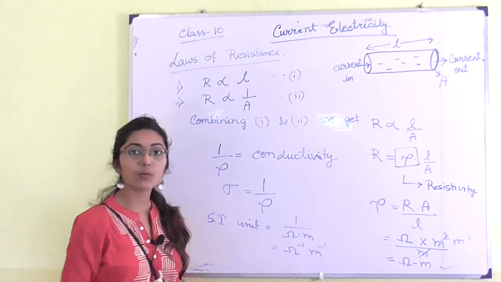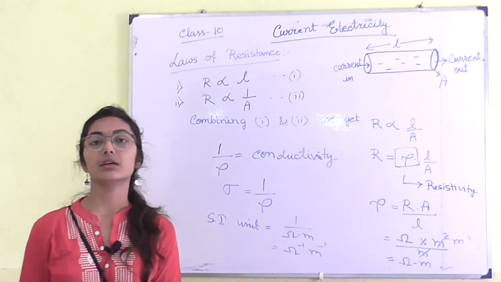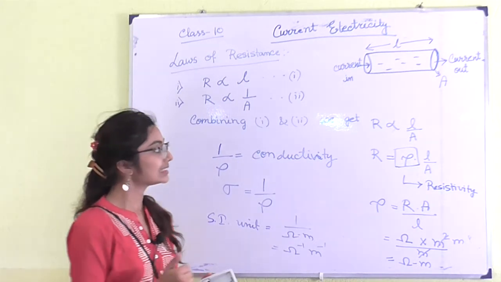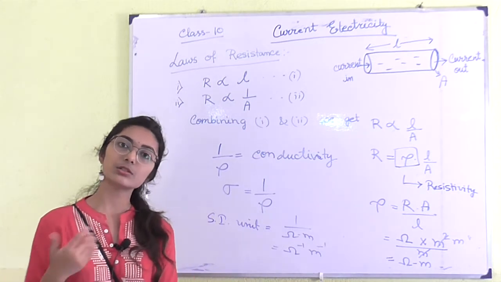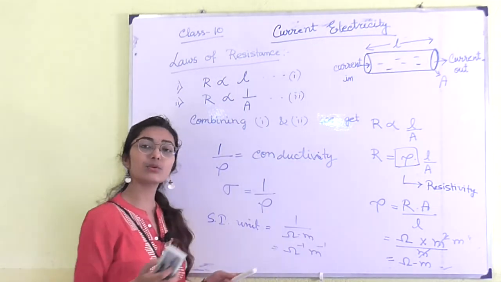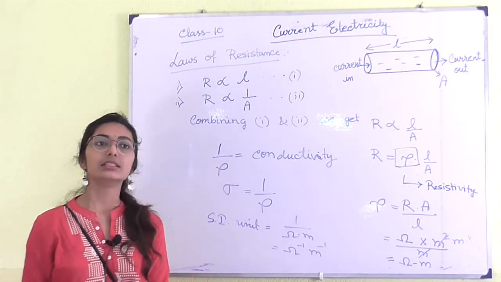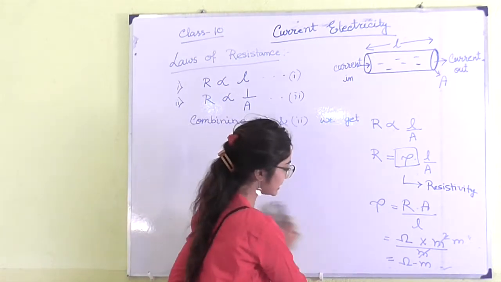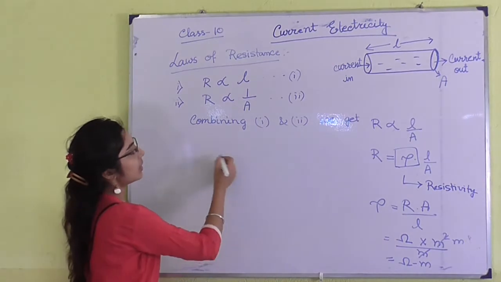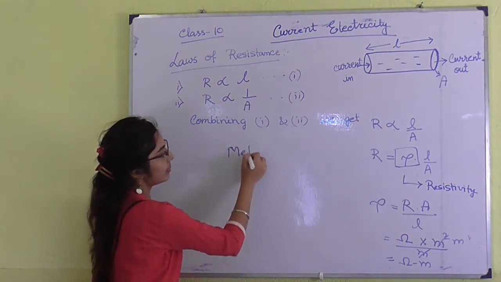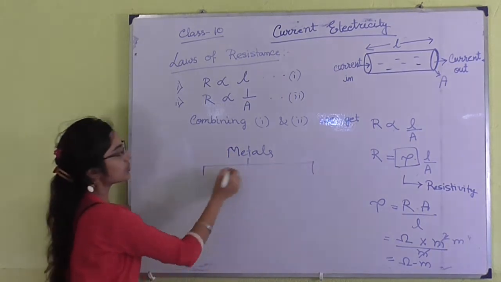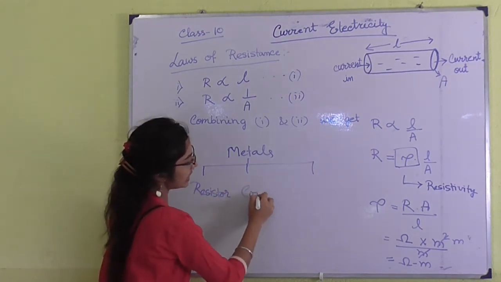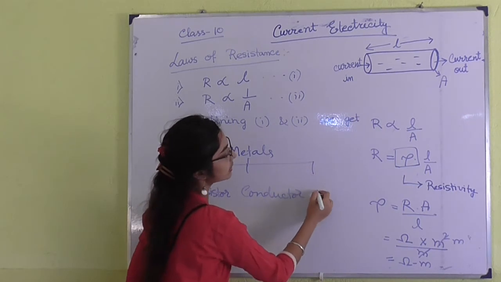Nichrome wire is an example of a good resistor. The resistivity of this wire is very high, and this wire is used in electric iron, because as temperature increases, resistivity also increases. So resistors are used in household appliances for producing more heat, for example, electric iron. So basically materials can be categorized into three groups: resistor, conductor and insulator.